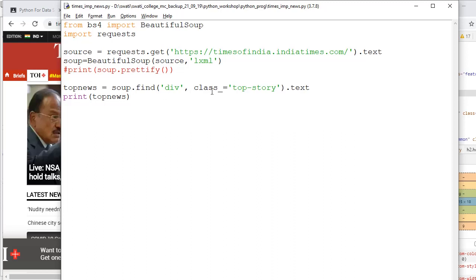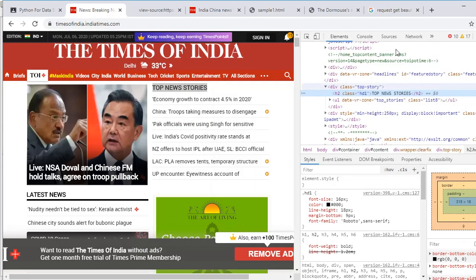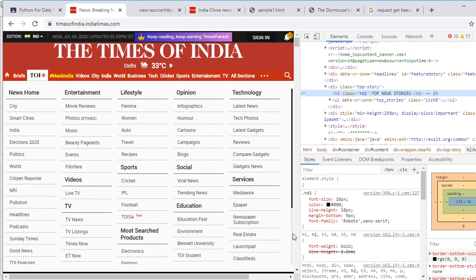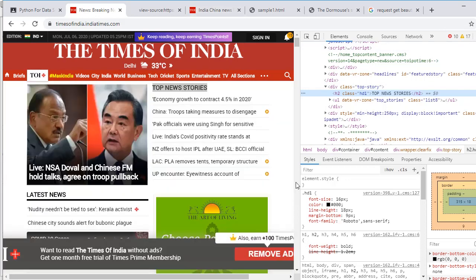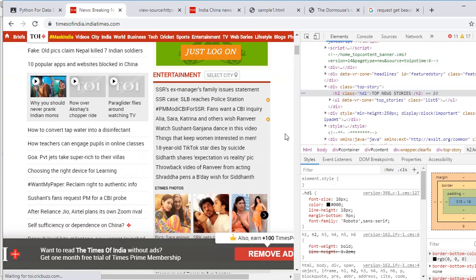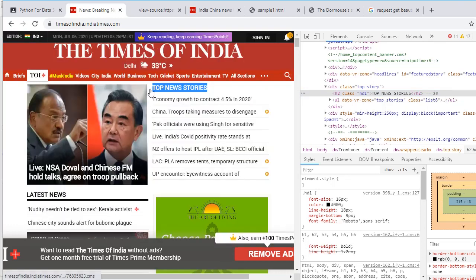It's always important to study the HTML. See, this is the particular page, and I want the top news.